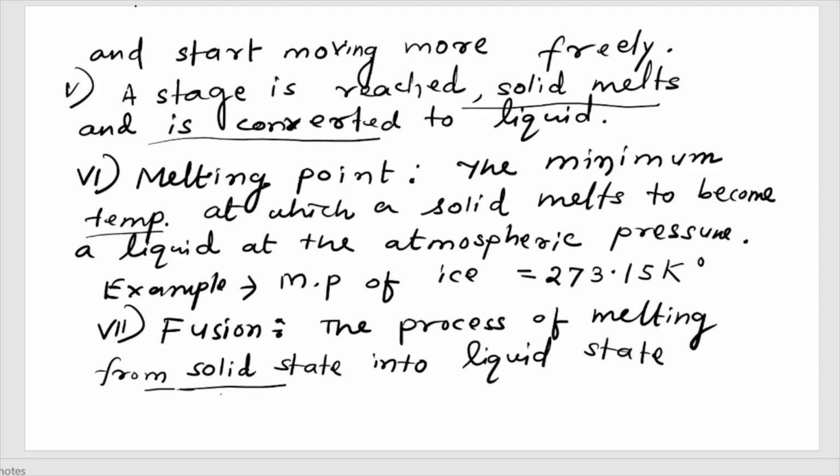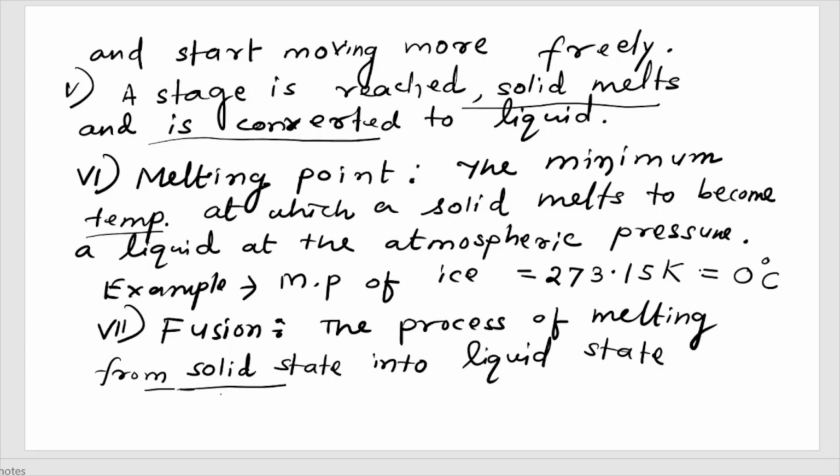Here you can observe, if you say centigrade, then you will put the degree sign, but for Kelvin there is no degree sign. तो आइस का मेल्टिंग पॉइंट, इसको 0 डिग्री सेंटीग्रेड बोलते हैं। इसको यू कैन राइट हियर 0 डिग्री सेंटीग्रेड। बट व्हेन यू कम टू केल्विन, 273.15 केल्विन।